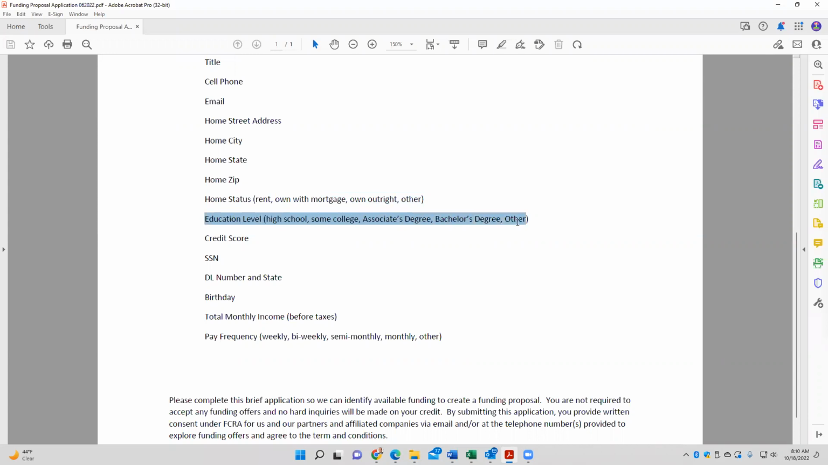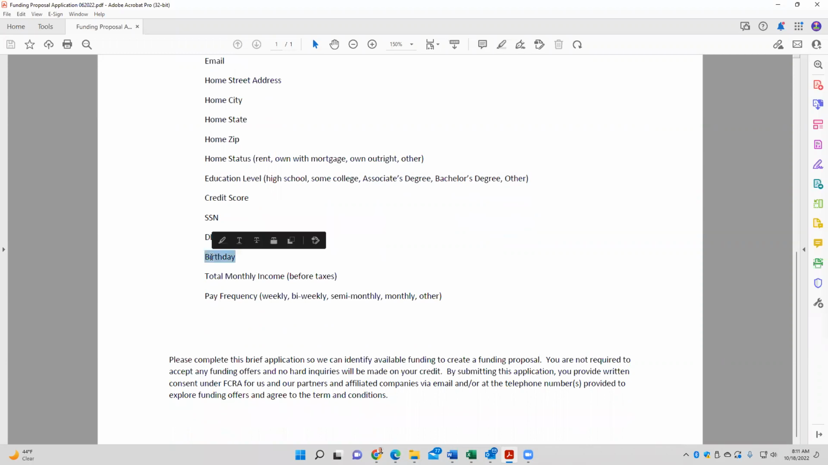Next, it asks for educational level. And yes, education affects access to capital. Again, not saying that you like that or dislike it, or I like it or I dislike it, but it's true. That's why the lenders ask for it, and that's why we ask for it on this form. Self-reported credit score, their social security number, their driver's license number and state, their date of birth,